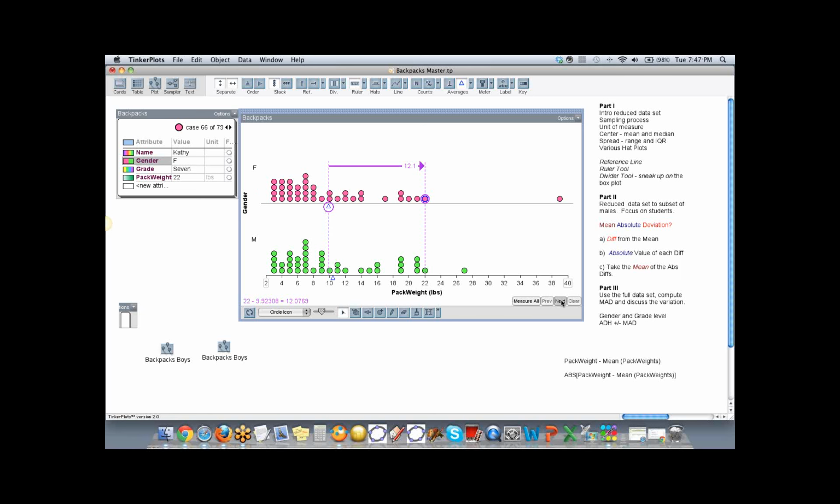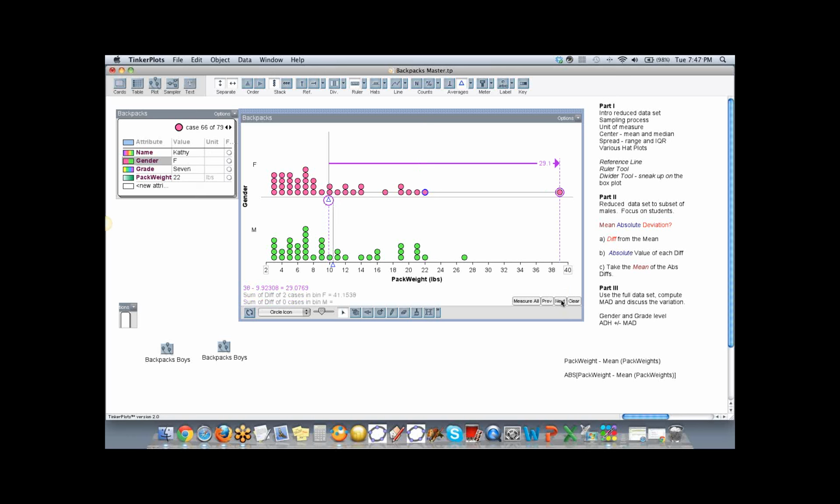So I'm going to hit next just to show you it's going to go to the next value, but then I'm going to hit measure all, so don't blink because it goes pretty fast. So not only can we find the mean absolute deviation of one attribute, it's going to split it out by 2. But right now we don't have the mean absolute deviation because I didn't select it yet.